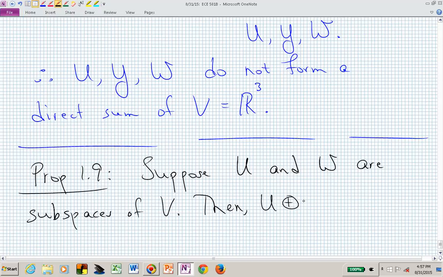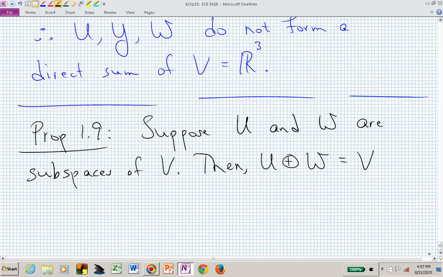the direct sum of U and W is equal to V if and only if the sum of U and W completes the vector space. We can get to any point in V by a summation of vectors in the U subspace and the W subspace, and